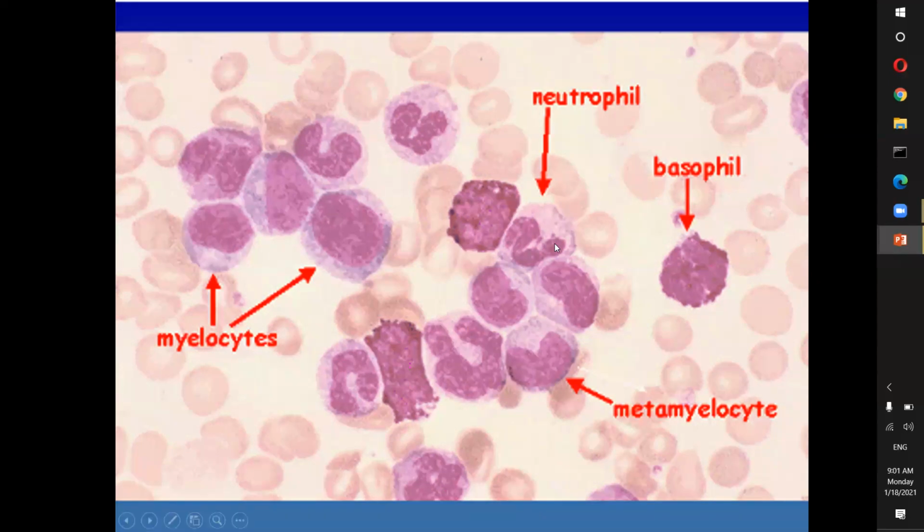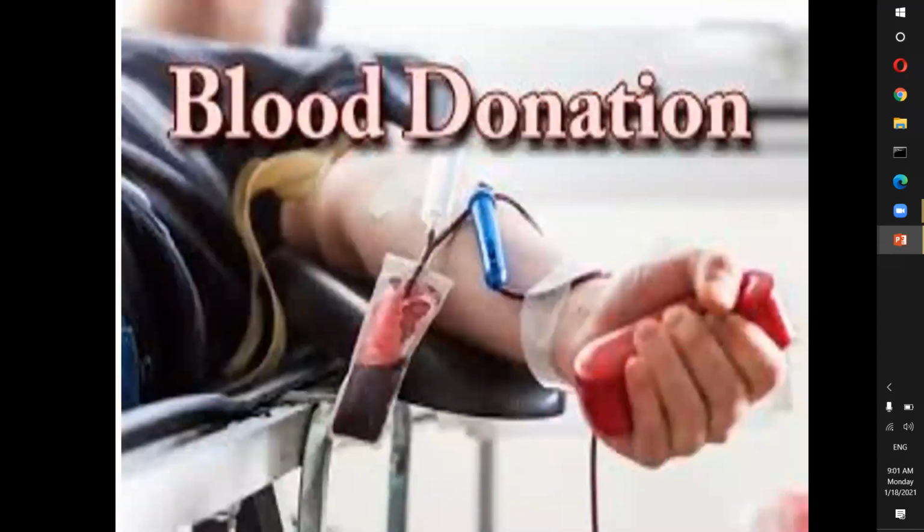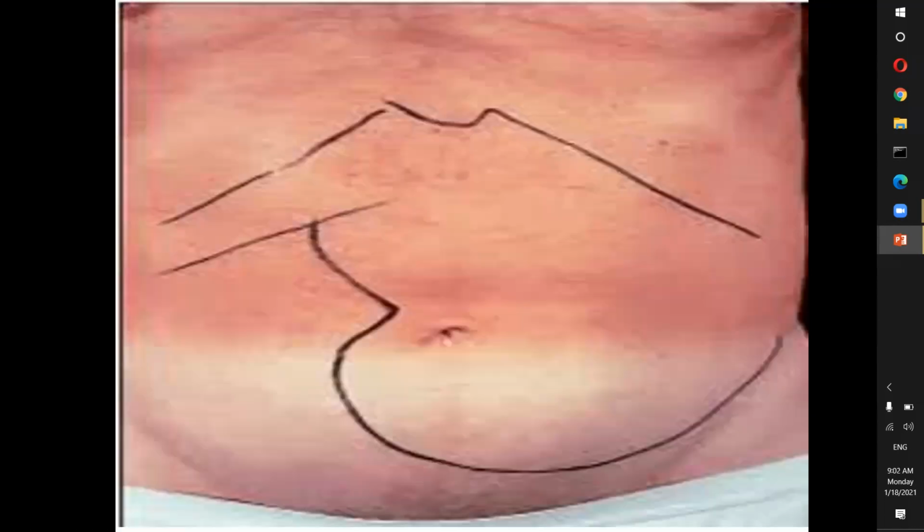On examination of the patient, we find a big spleen. There is a splenomegaly. So an elderly patient with a full spectrum of white BC lineage in the blood and splenomegaly, this is a classical diagnosis of